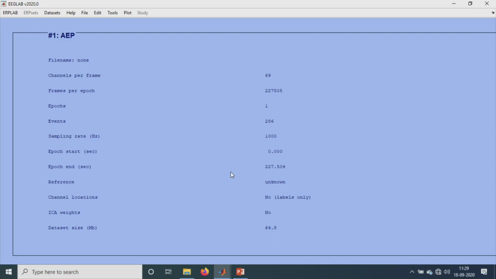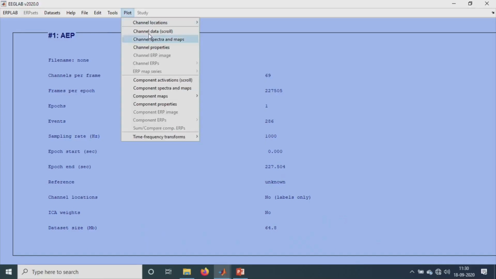For example, in Inobio systems or OpenBCI systems, we have to manually import the data or the events based on the channel size, channel number, or number of columns. I'll go with this CNT file for now.